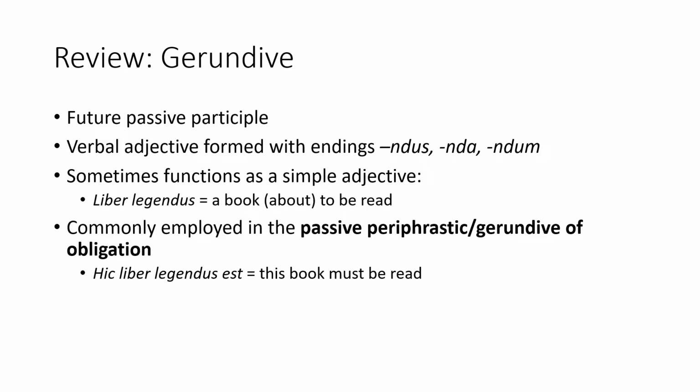Before I introduce the gerund, let's do a quick review of the gerundive, or future passive participle. This is a verbal adjective formed by adding the endings -endus and -endum to the present stem of a verb. Its cookie-cutter translation is "to be verbed" or "about to be verbed." This can be seen in the example, liber legendus, or a book to be read, or a book about to